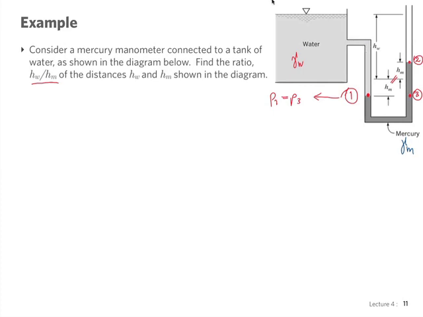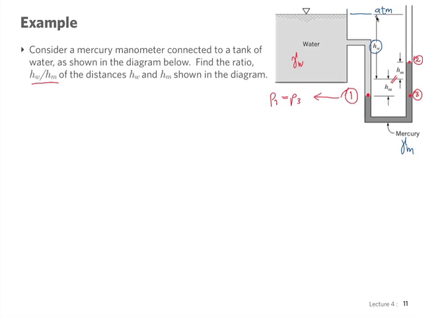So, yes, a question. HW, which is this guy over here, is the height between the surface of the water in the tank and this point in here. So this point up here is atmospheric pressure. The pressure at that point is atmospheric. So that question immediately